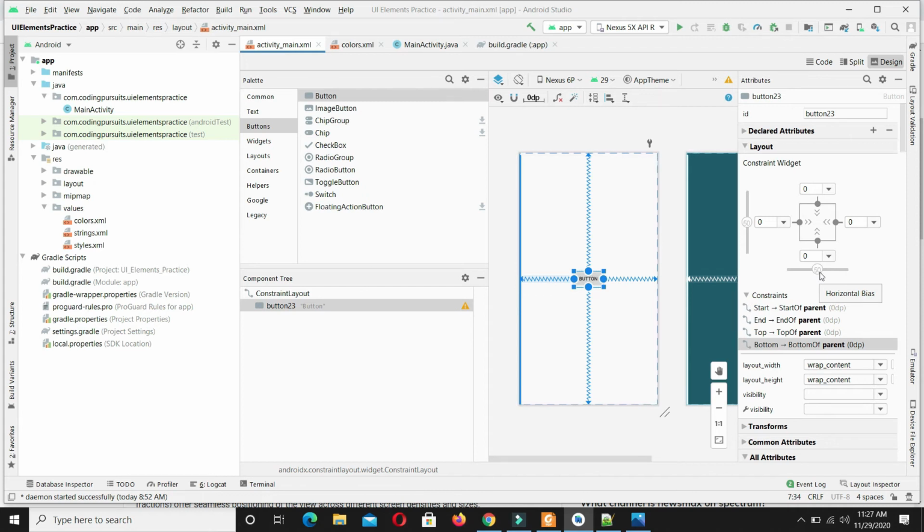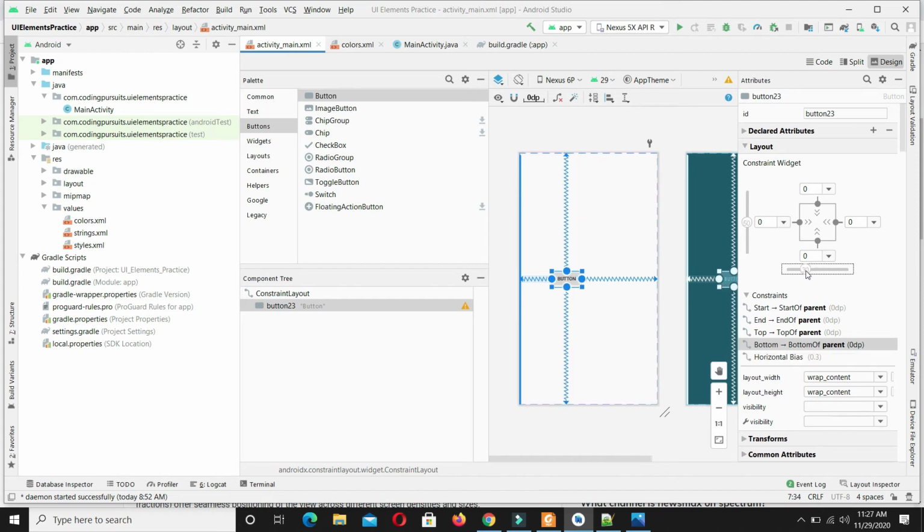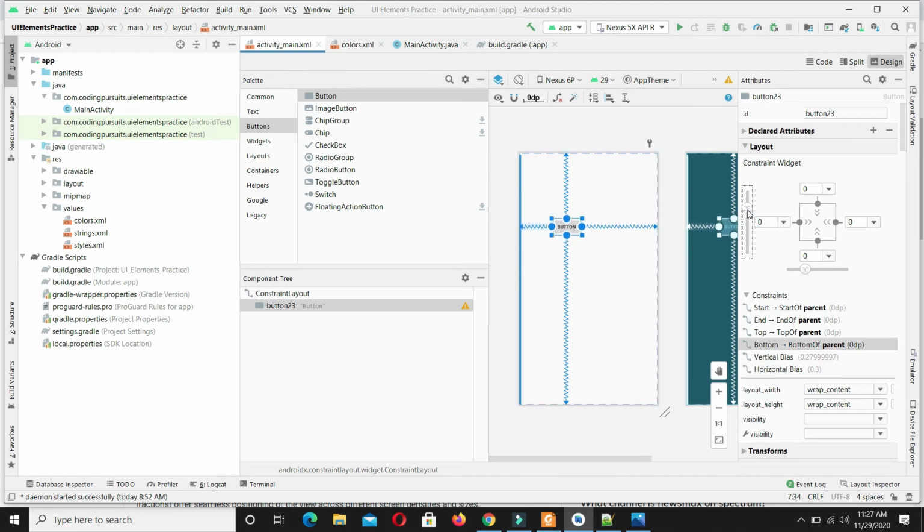If I want to control the bias on the horizontal axis, I will click on the left side. Now I have 30% on the left side and 70% on the right side. In the same way, I can control the vertical bias as well. If I click on this, my button is 26% on the top and has the rest of the percentage on the bottom side.